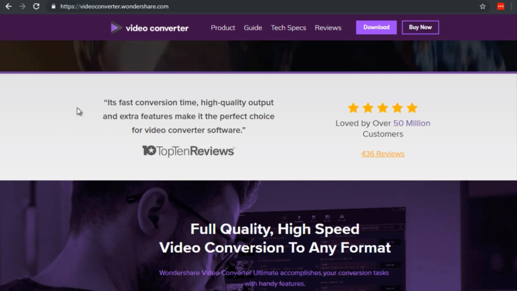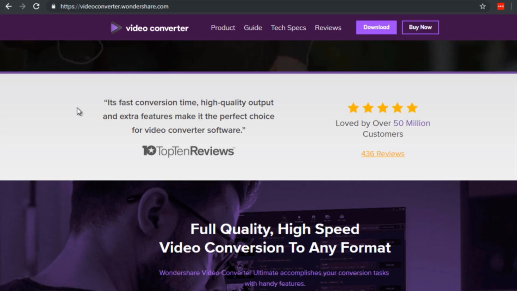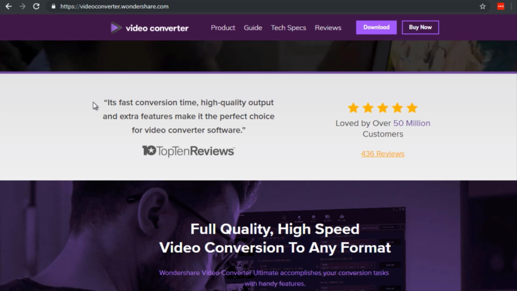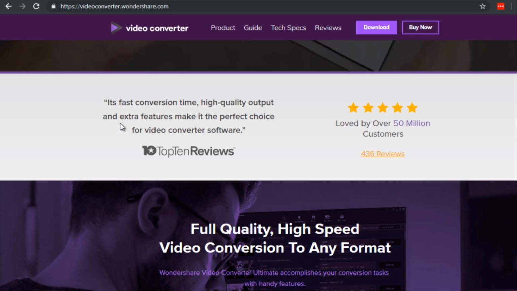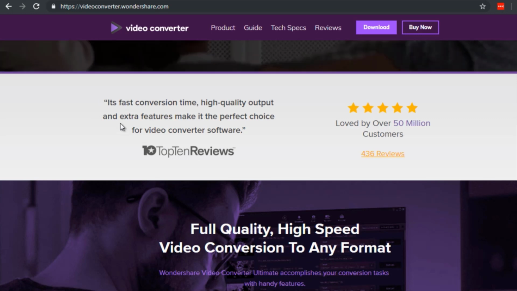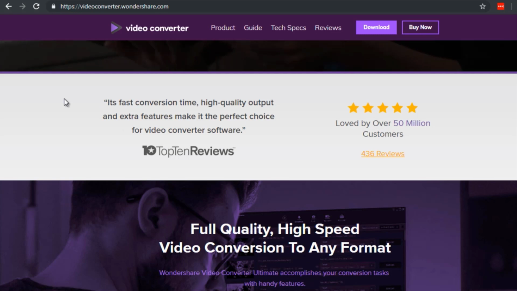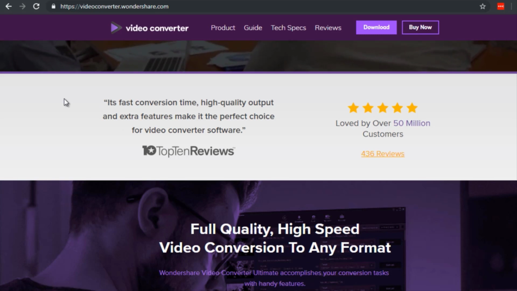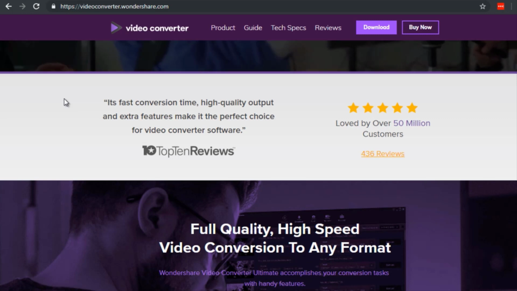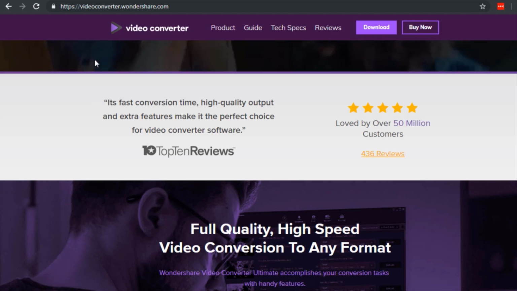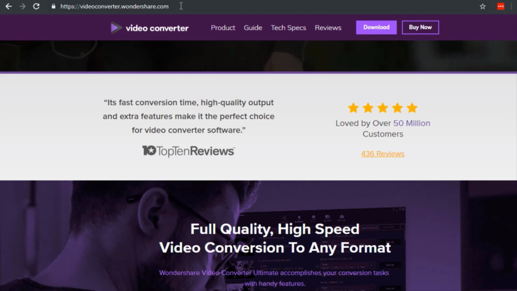So besides the title and description, YouTube will be able to read the metadata inside of your video. So it'll make a little bit more sense when I show it to you. Now, it's really hard to find software out there that allows you to embed metadata, except for a few. So one of them is called Video Converter by Wondershare, and that is